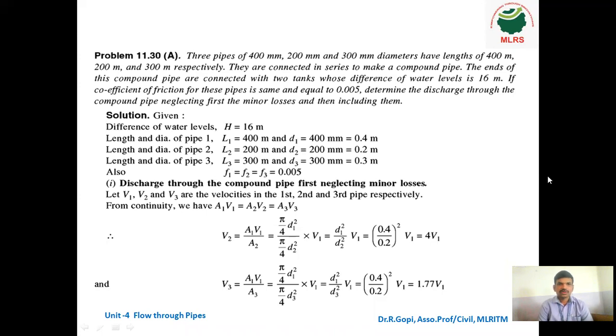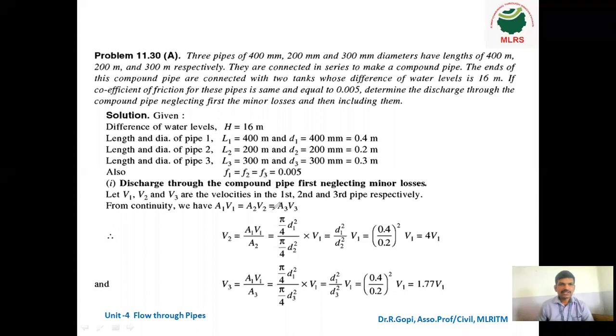As we discussed in the earlier problem, there are three unknowns V1, V2, V3. It is not possible to solve for three unknowns, so we have to convert all the terms into one unknown. Here, as per the continuity equation,